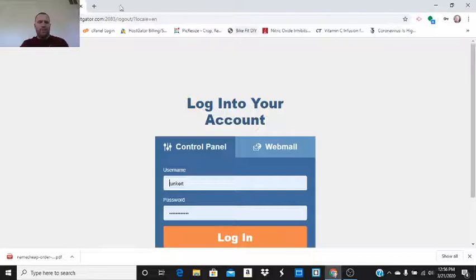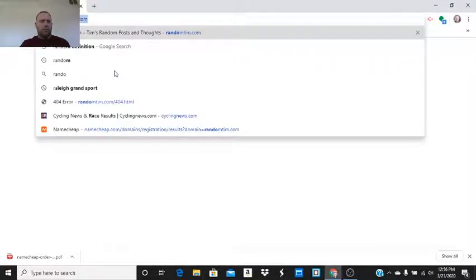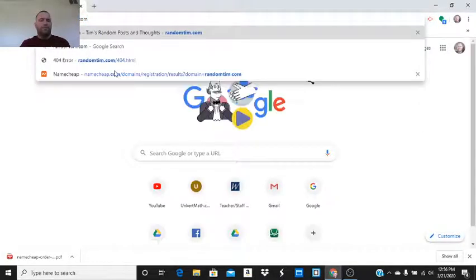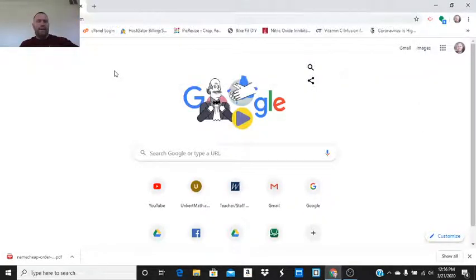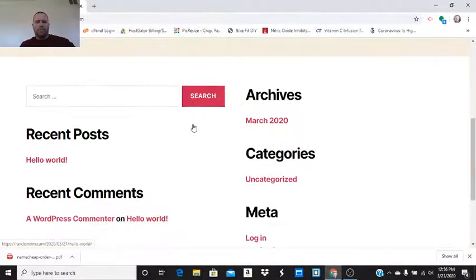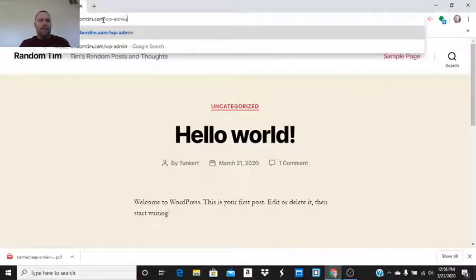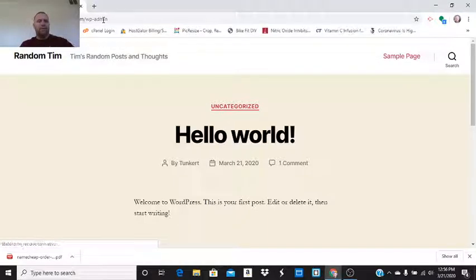So I've given it some time. I've logged in my cPanel. I'm going to go to randomtim.com and I'll now see that it's up. It's got the basic 2020 theme. But I want to log in, and I'm going to do /wp-admin, log in.